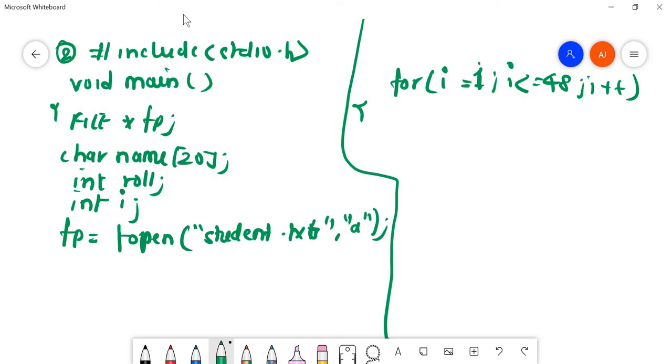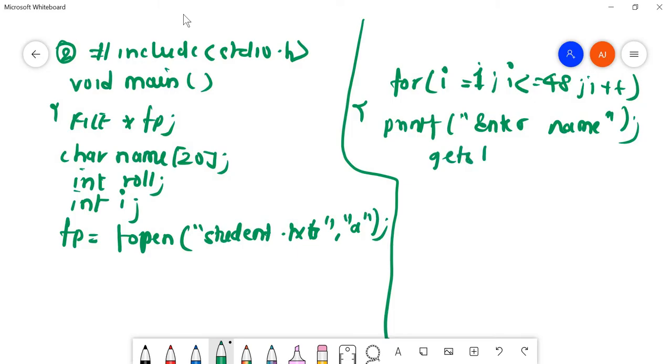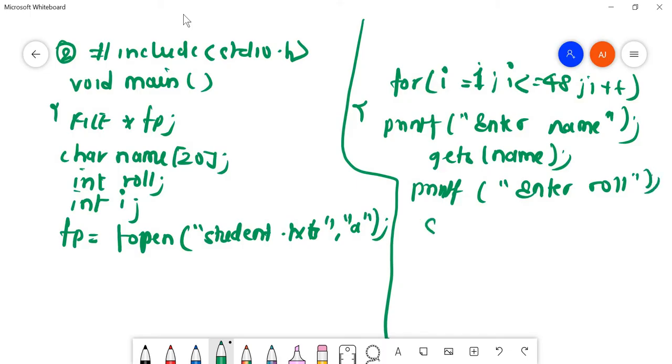Inside, printf "enter name", then gets(name). Next printf "enter roll number", then scanf with %g and the address of roll number. In this way we'll read the name and roll number.